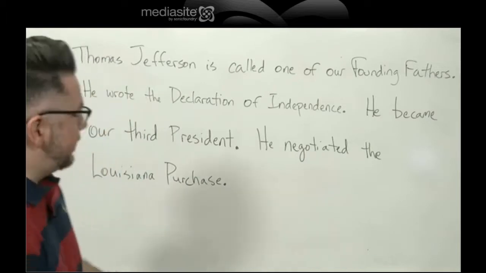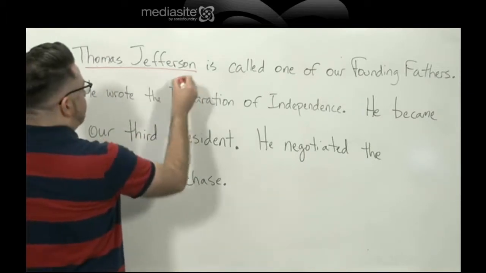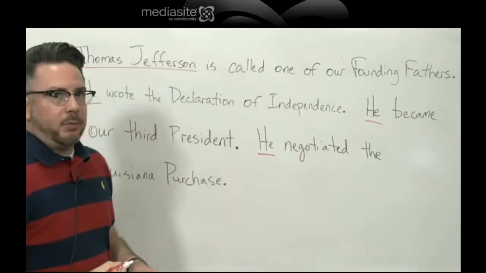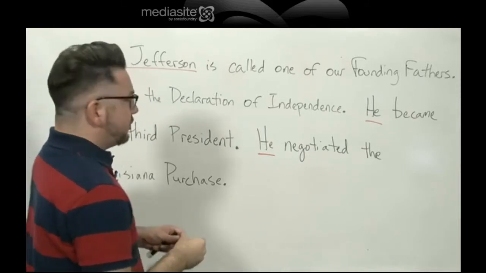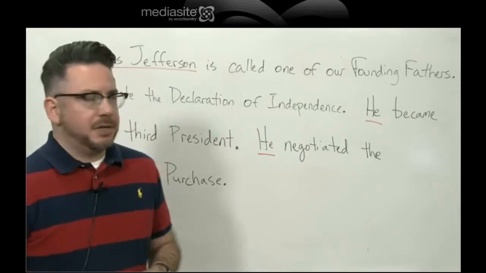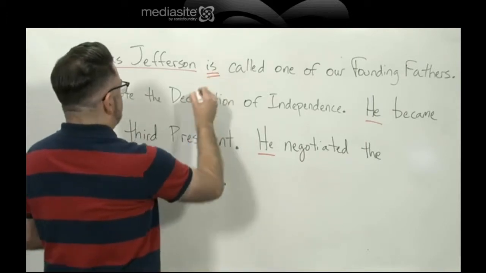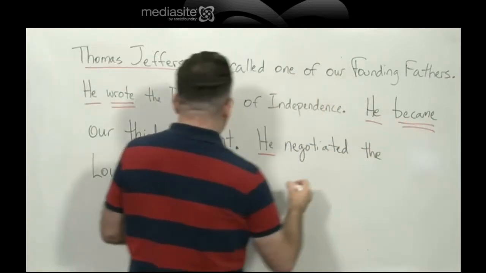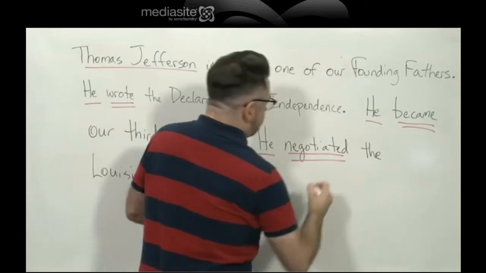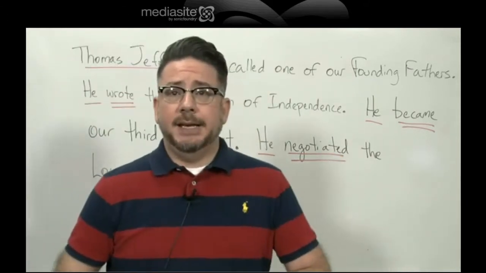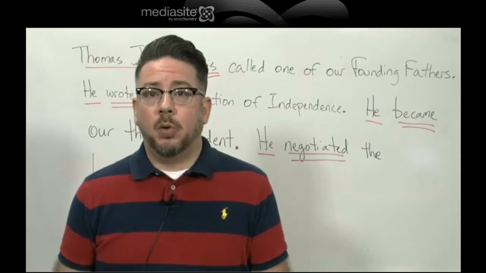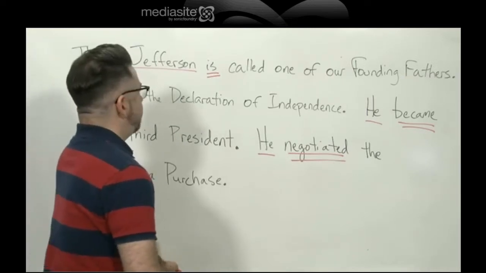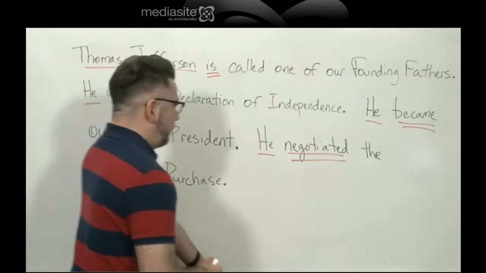So let's look. We've got Thomas Jefferson as our subject, and he, and he. We want to get rid of that repetition. So let's find the verbs in this sentence. We have is, we have wrote, we have became, and negotiated. So we could place these verbs in a series and combine this into one longer sentence. So we could do that by, Thomas Jefferson is called one of our founding fathers,